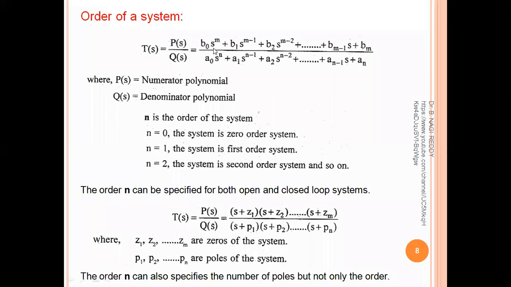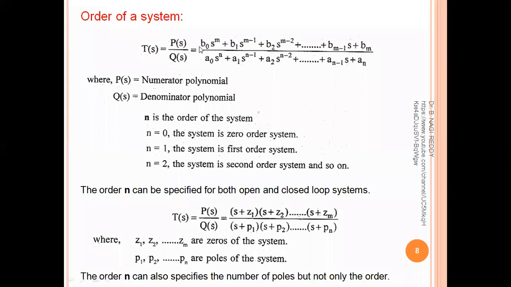However, the numerator of the transfer function has some importance, and the denominator of the transfer function also has some importance. What was that? In the previous classes, I have told you that the determination of the transfer function is very important in order to estimate the stability of a particular system, right? So the stability can be estimated based on the number of poles and zeros. What is a pole, what is a zero? That we will see here.